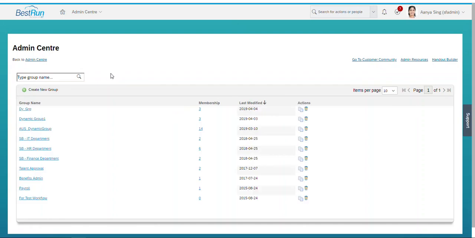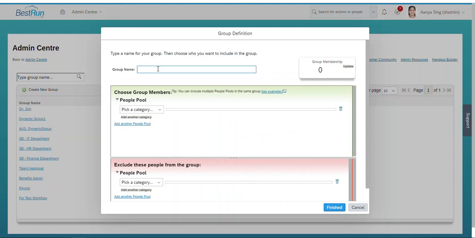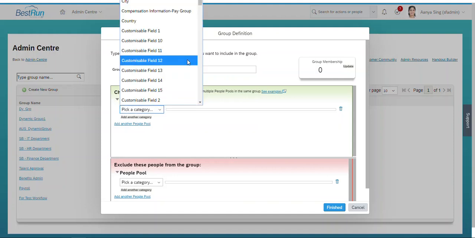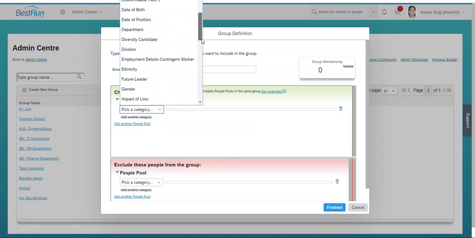It is quite similar to the permission groups as well. We need to create one group here. I'm putting the name as test dy group. Here, why actually it's called dynamic group, because suppose you can define this